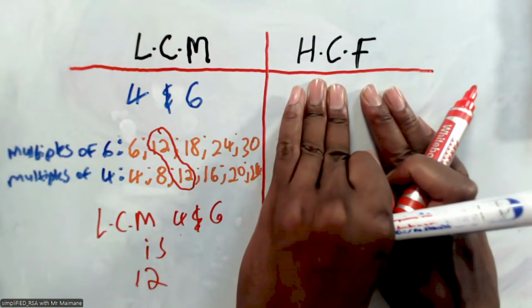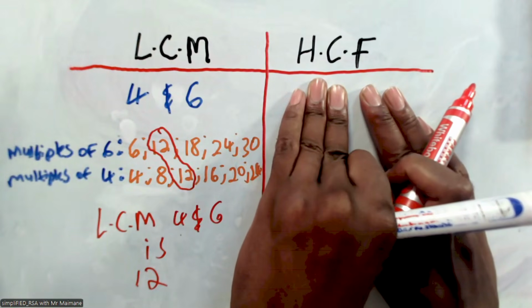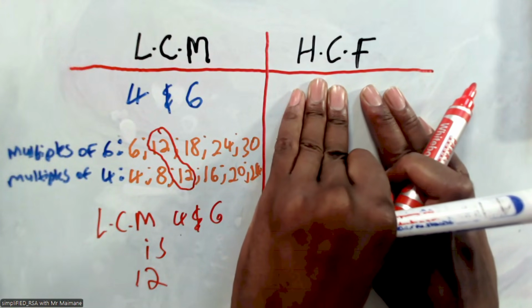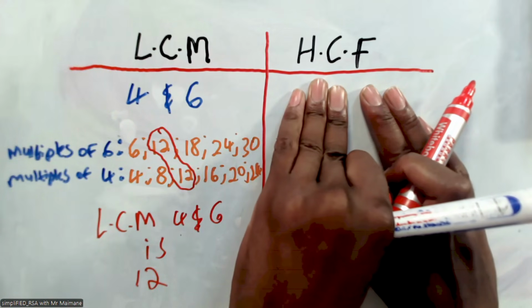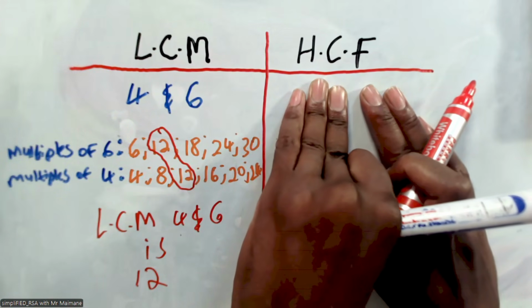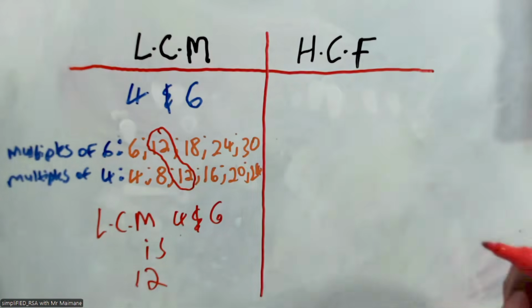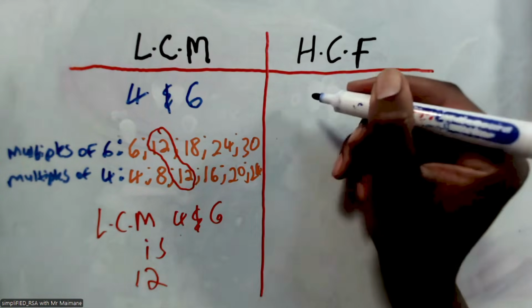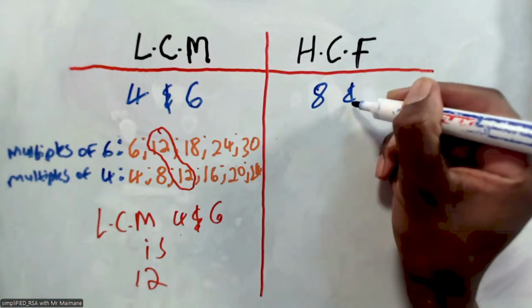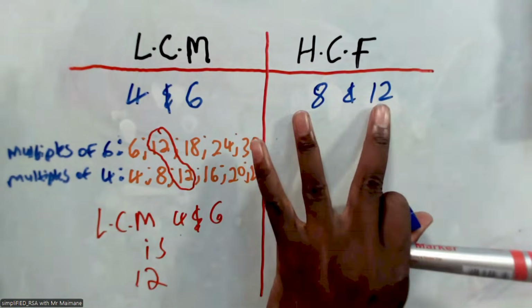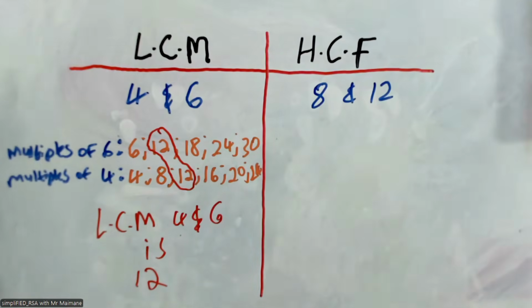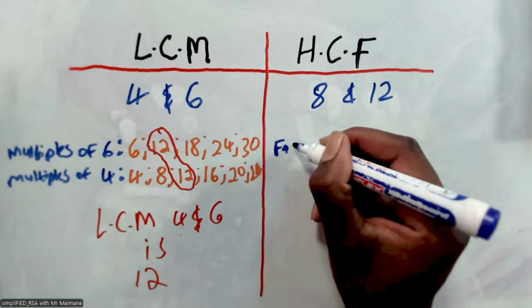In terms of the highest common factor, this time around it is different. You might have a lowest common factor, but it is not what you are looking for. You are looking for the highest one. Now, let's make an example. Let's get the highest common factor between, say, 8 and 12. What I need to do first is to find the factors